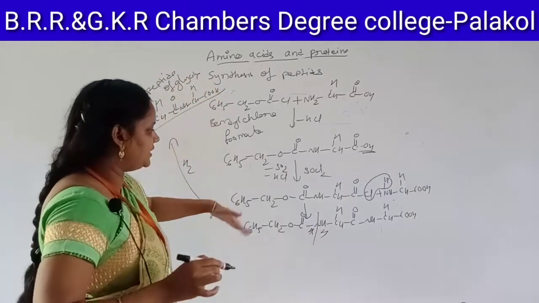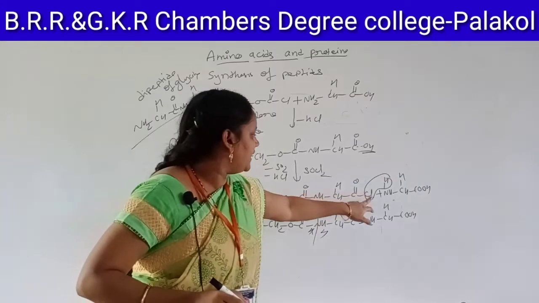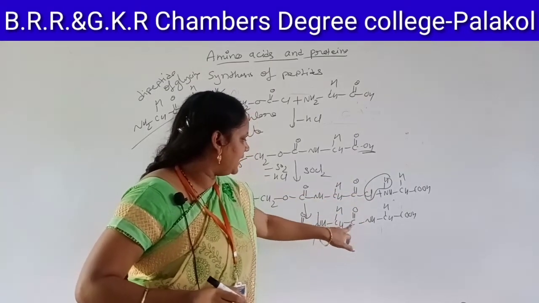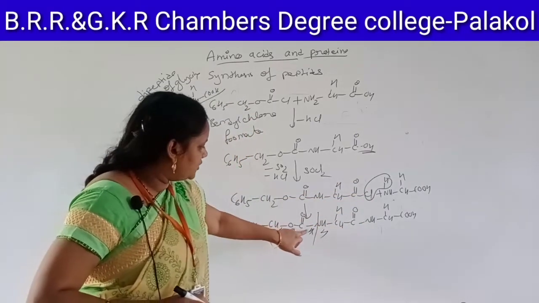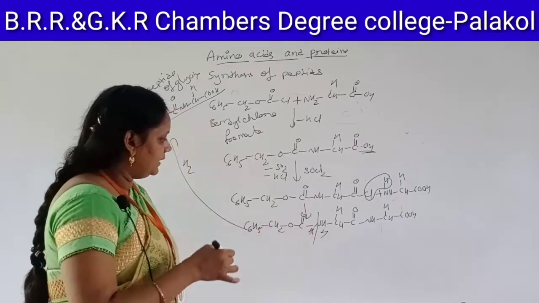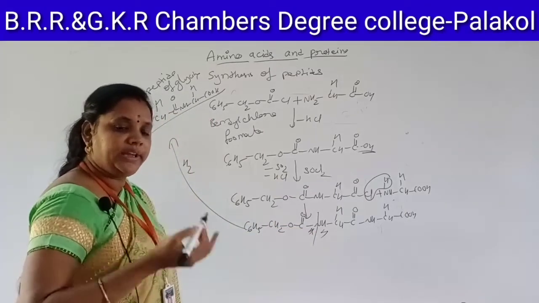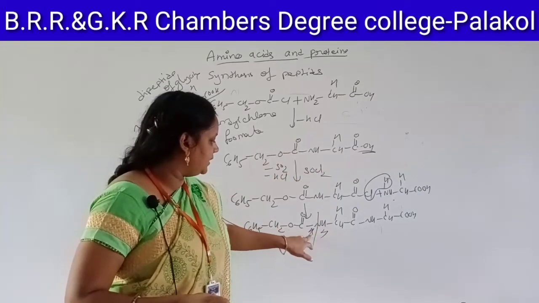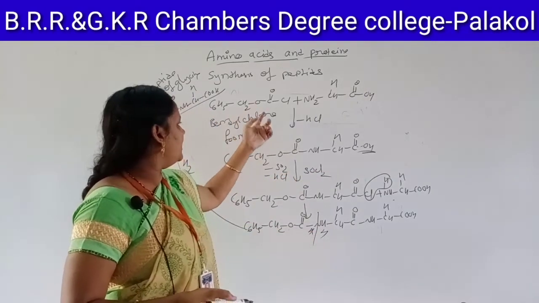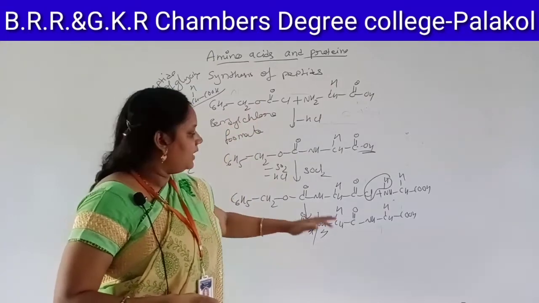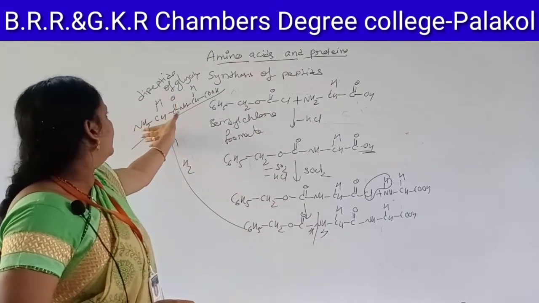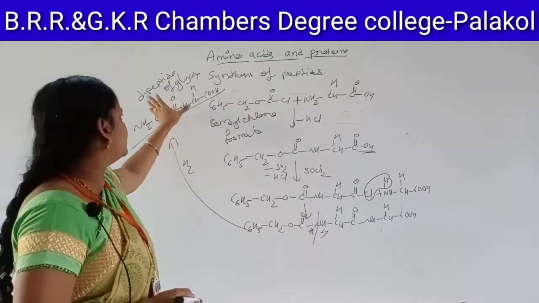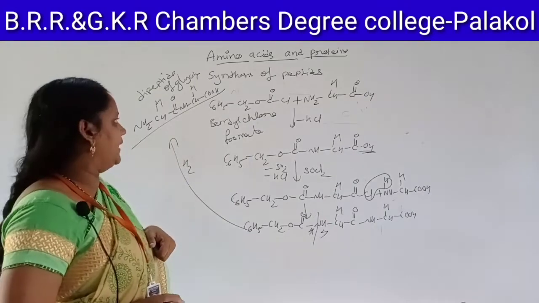Can you see the whole procedure, students? Here you are removing HCl, that will be used again. Here we will use Cl, and here H. We are doing reduction, and already HCl is released, that Cl is used here, and the compound of benzyl chloroformate will be back, and we will be left with the dipeptide of glycine. This is our final product.